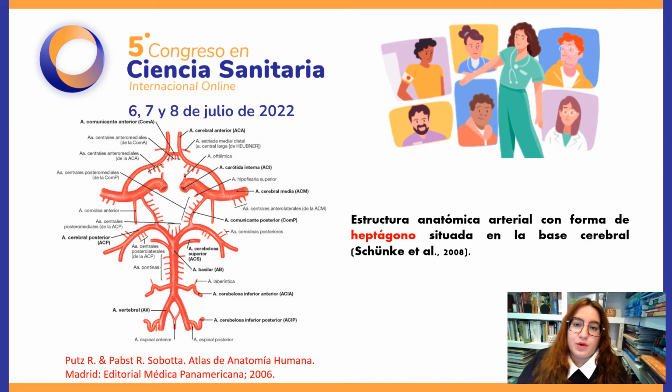A clear example of this is the circle of Willis, which is an arterial anatomical structure in the form of a pentagon located at the base of the brain. It consists of two posterior cerebral arteries, two posterior communicating arteries, two anterior cerebral arteries, and an anterior communicating artery. Its main function is to irrigate the brain and perform vascular substitutions between the carotid and vertebral systems. Its classical pattern, however, despite being treated as such, only occurs in a mere 5 to 30% of the population, as indicated by numerous anatomical studies.